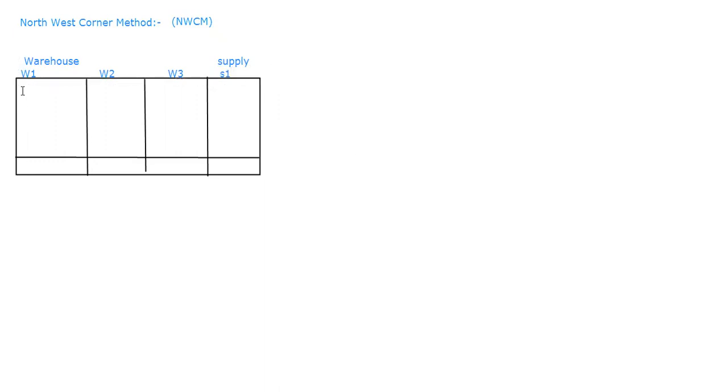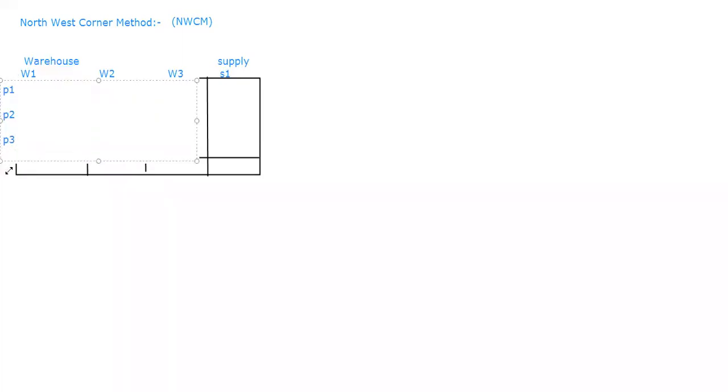Now, what is the information he has given? Here we have one more thing, product 1, so P1, P2, P3. So we have this many products, and we are going to take a demand that we address as D1. Now, we are going to see what all the amounts he has given.